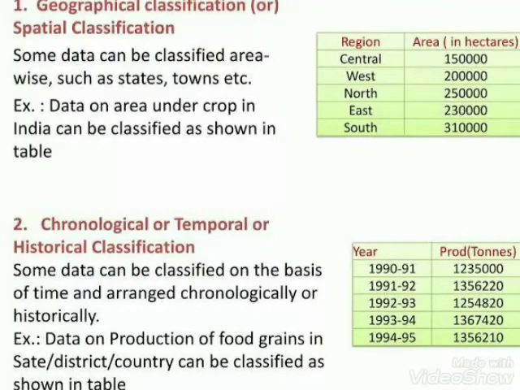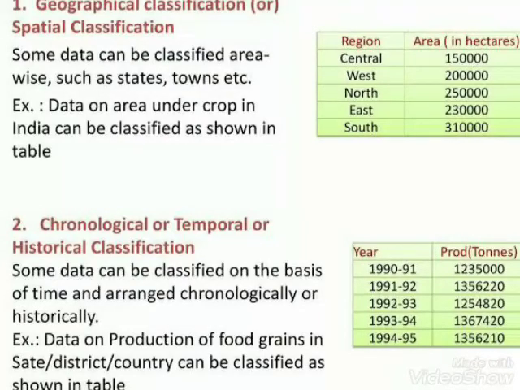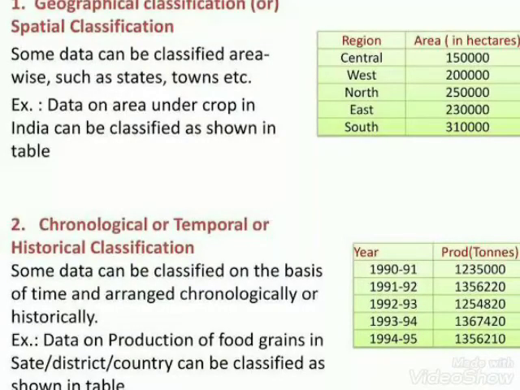Again, if you see the table, on one side you have the time, that is between 1990 to 1991, around 1,235,000 tons of crop production has been done. Then similarly we have 1991 to 1992. Then from 1992 to 1993, around 125,482,000. And if we come towards 1994 to 1995, around 135,621,000 tons of production has been done.